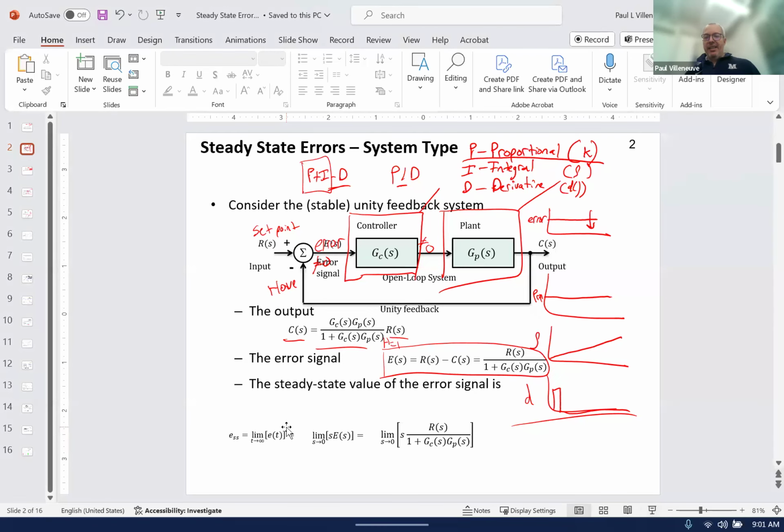And that's it for steady state errors. Questions on steady state errors and all that stuff? I know everybody's having a hard time getting back up to speed after break, but